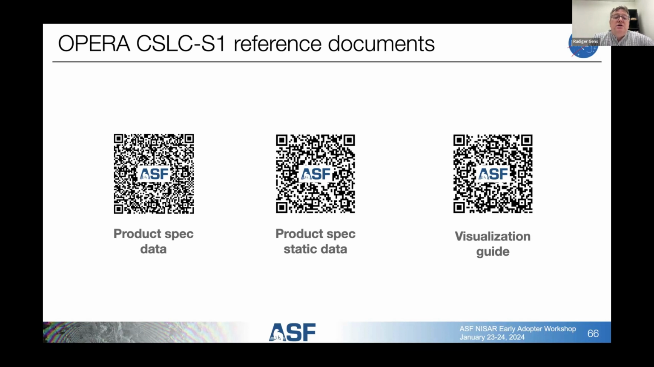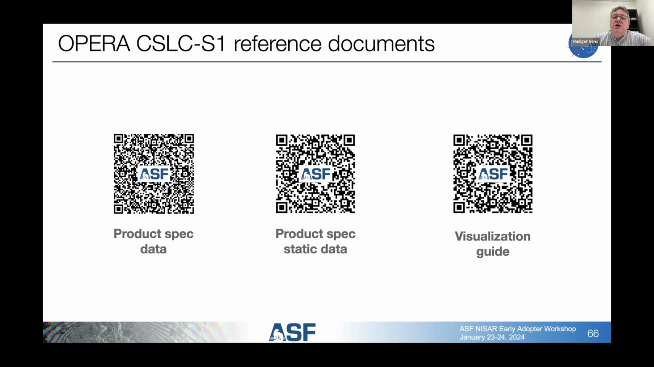Those product specs are not included in everyday granules, but the product specs are then, as I mentioned, orbits. Those are actually available not necessarily just for that particular image that you're looking at, but for longer swaths and all that sort of stuff. There is, and that's probably a very useful one, the visualization guide, because the